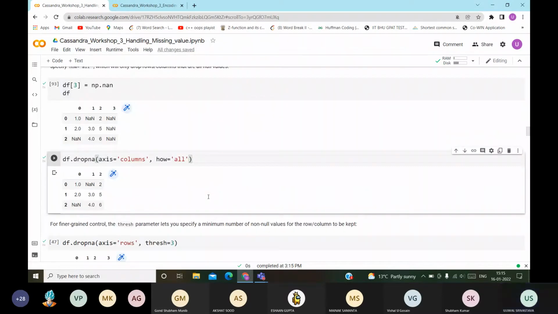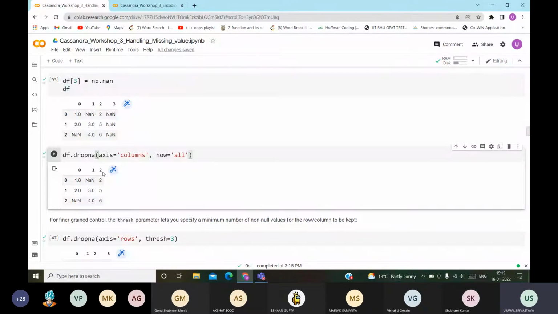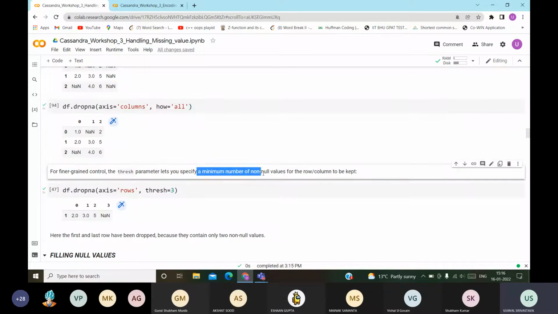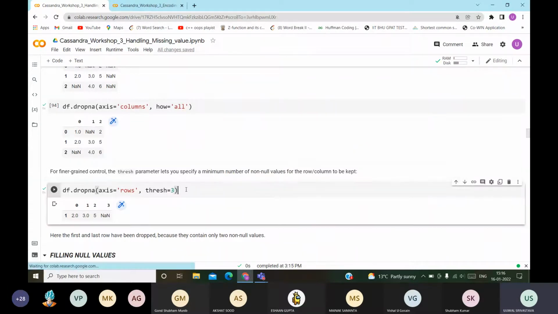And if you want to go finer and into more detail, you can provide the threshold. What does thresh tell you? It lets you specify a minimum number of non-null values for a row or a column. Let us say you provide thresh equals 3. Then any row with at least 3 values which are not null will be kept, and the rest of the rows will be dropped.